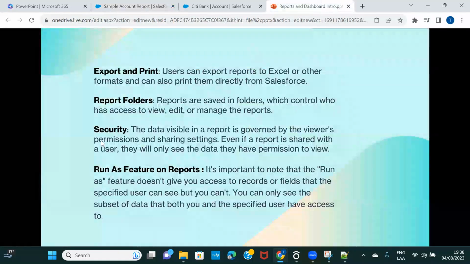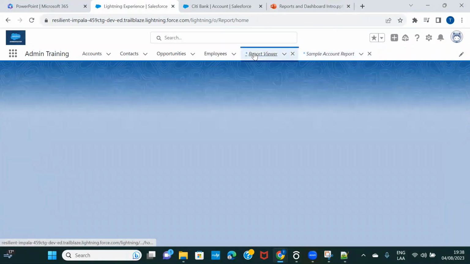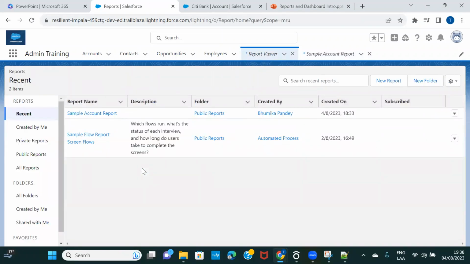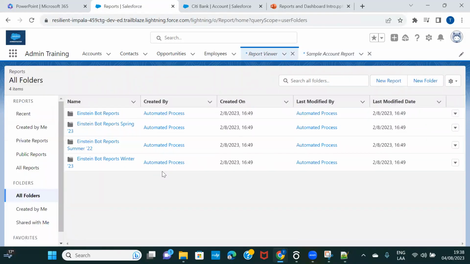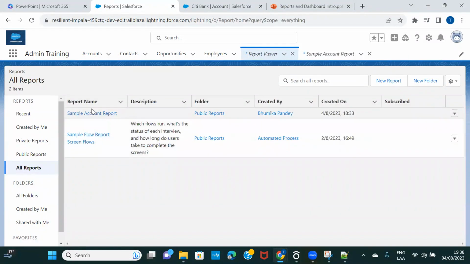Now report folders. Reports are saved in folders which control who has access to view, edit, and manage the reports. Let me give you a very clean example for this. Let's go to reports. I want to click on this one. All folders. Let's say I create a report. Here, if you see, what is the location of this report? This is a report that I have created, but I have kept it under this folder,